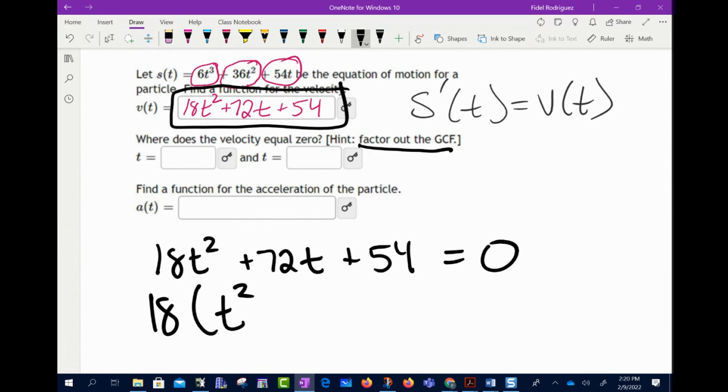Okay, so look, we got a t squared. Anybody know how many times 18 goes into 72? A little bit more, I think. 4. Okay. Anybody know how many times 18 goes into 54? 3. Good. Okay,